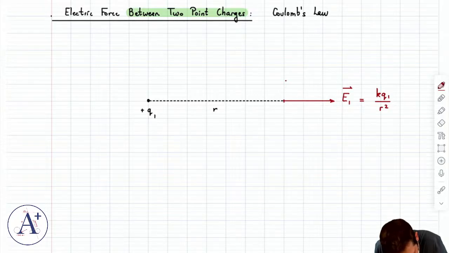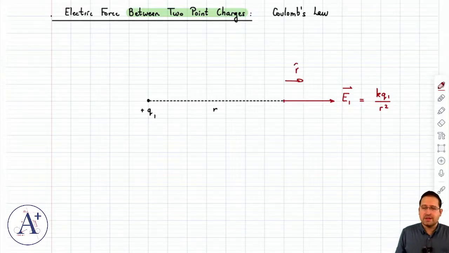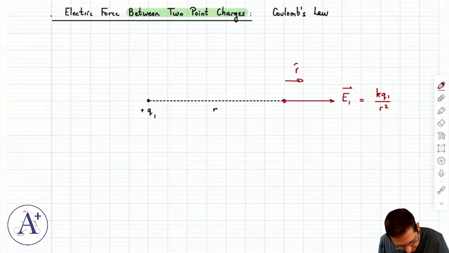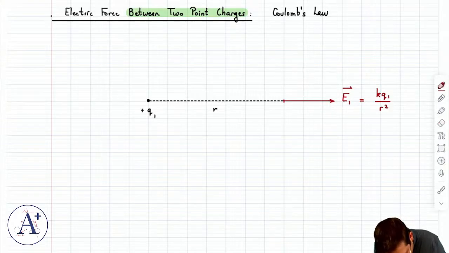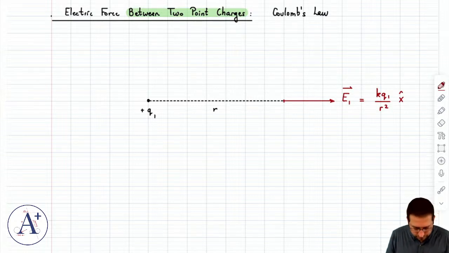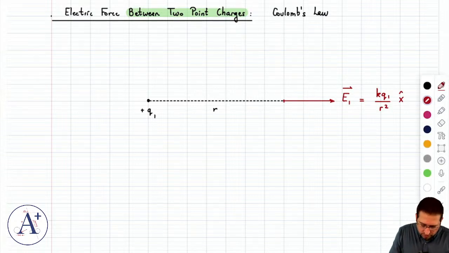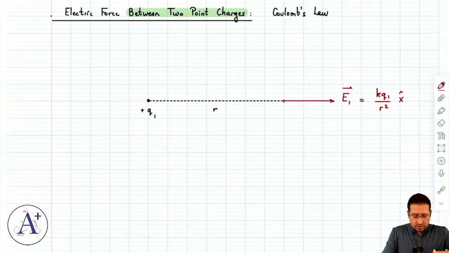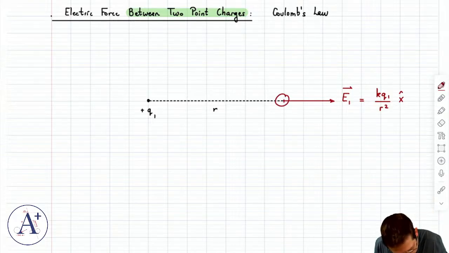And now you could go ahead and say, well, I'll call this R hat. Well, that's fine for Q1, but if you then put minus Q2, then R hat gets probably confusing. So let's do the following. Let's just call it X hat, because it is to the right, yeah? Okay. So that's the electric field created by Q1. And of course there's electric field E1 everywhere else, but the rule is we only draw the field lines we care about, and so I only care about this guy here because I'm going to put a point charge here. All right. So let me put minus